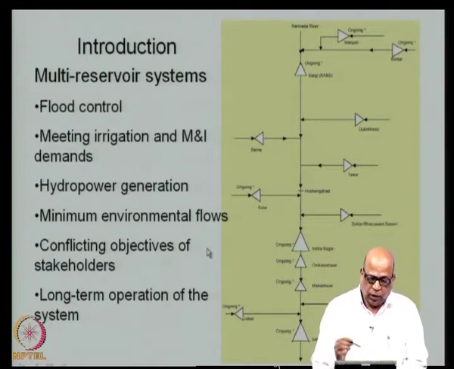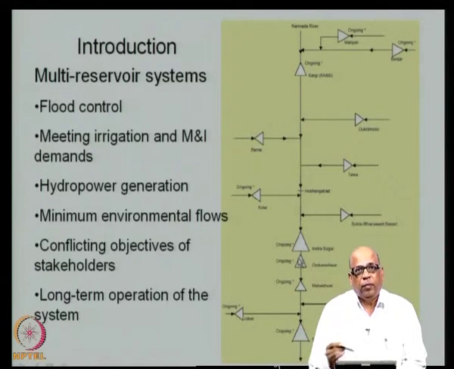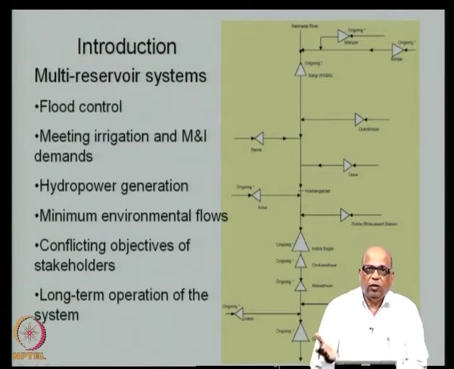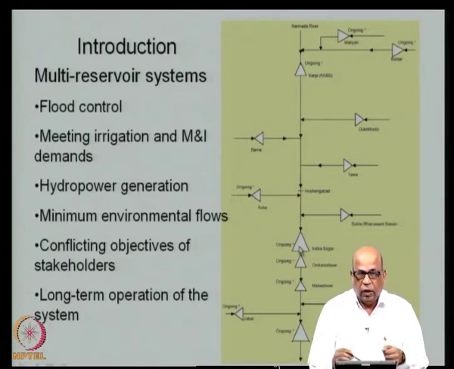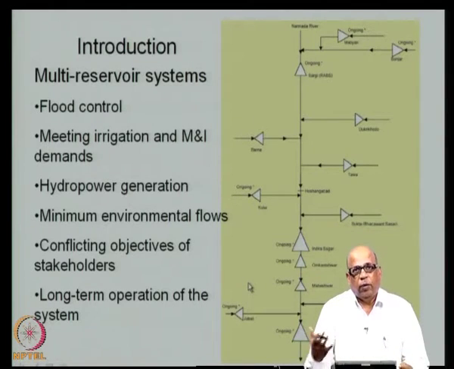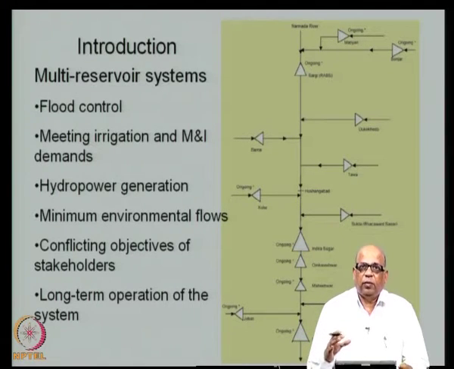There will be conflicting objectives of stakeholders. By that I mean, when you construct a reservoir, the forest may be submerged, the villages may have to be relocated and so on, and therefore, what is good for irrigation may not necessarily be good from the environmental, ecological, socio-economic aspects and so on. So, you have essentially conflicting objectives of development and therefore, you must have a trade off, and there are ways of addressing these conflicts and ways of obtaining the best compromise solutions when you have such a large number of stakeholders, each conflicting with the other.